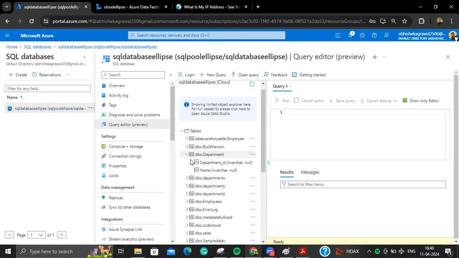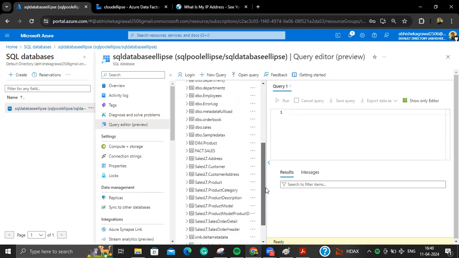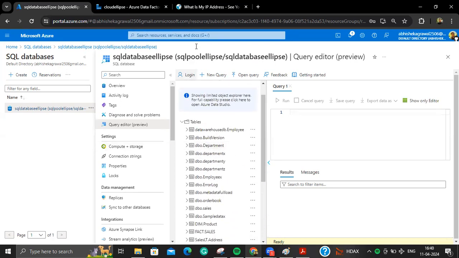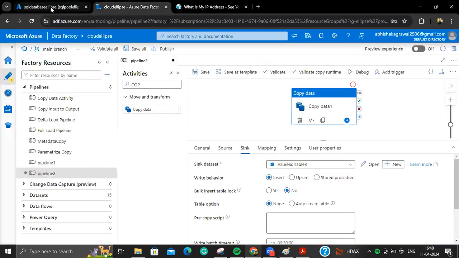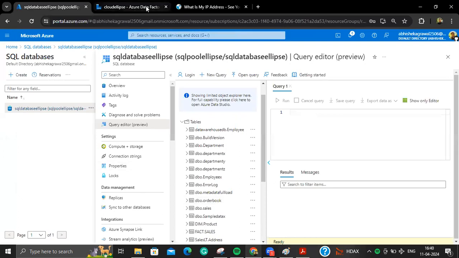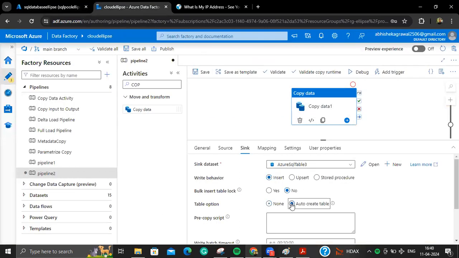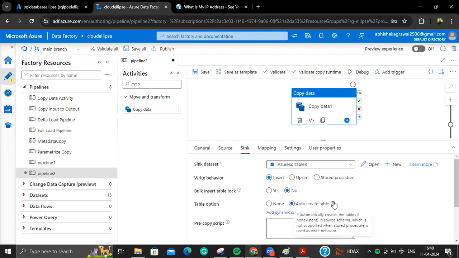So here schema is all about the table structure. Suppose for department O, we don't have any table, so we don't have a structure as well. So either you create the structure first and then move the table, or else you can select the auto create table option. What it will do for you,